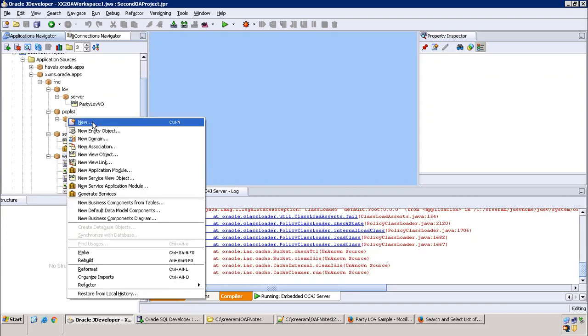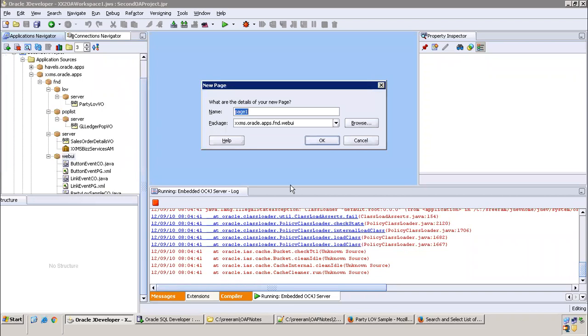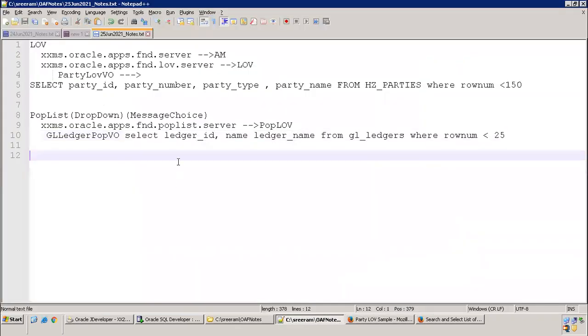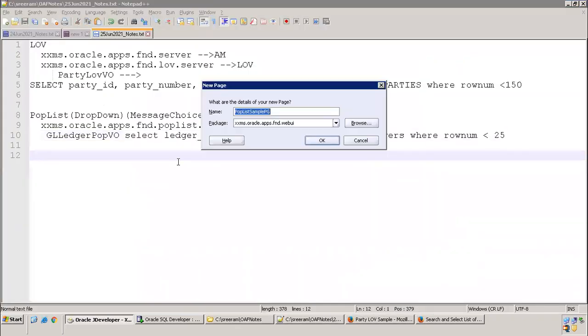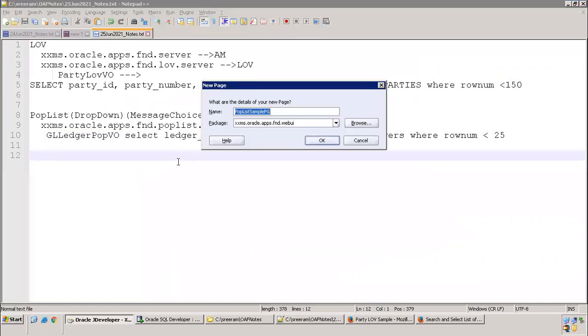In the web UI, create new page. I'll just say pop list. Here we have to change the package also, right? I remember last time we did not change. I'm using XXMS only, right?